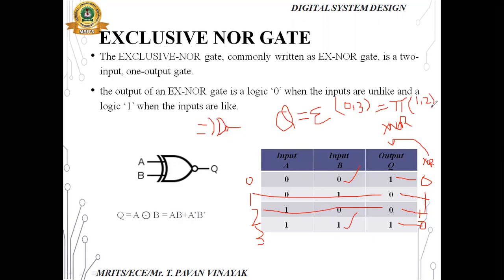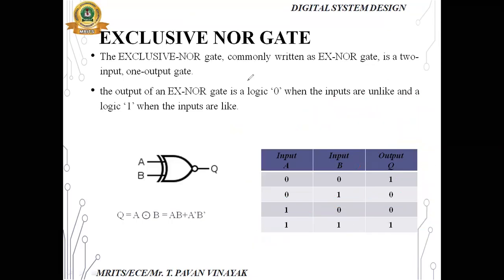Okay, so let us see the expressions, the derivation. Sigma 0, 3 means AB plus A bar B bar, right? Pi of 1, 2 means